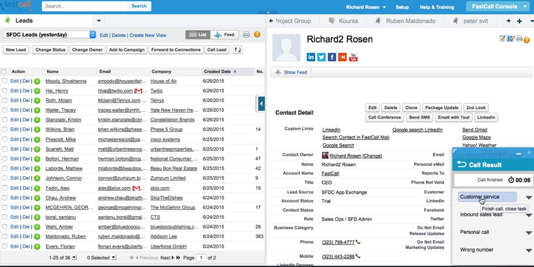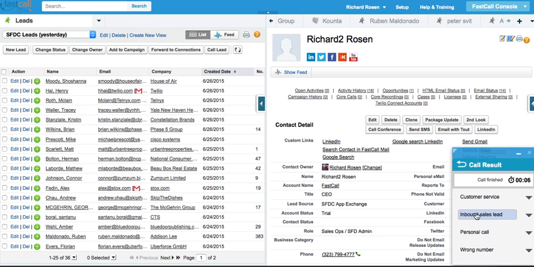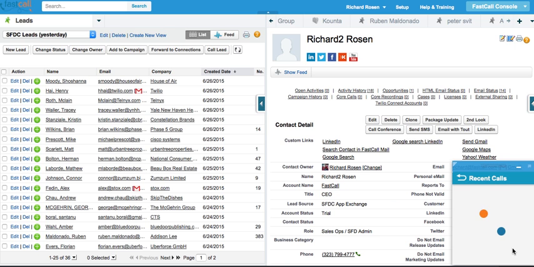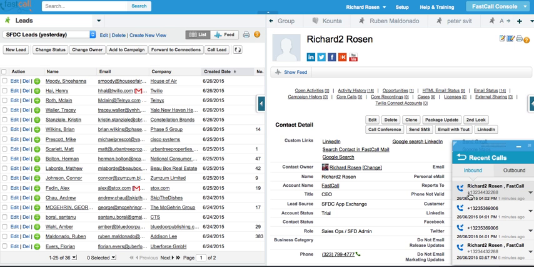So I can say this is a customer service call, inbound sales lead, personal call, wrong number. We'll say that was an inbound sales lead. Now that call is logged. Inside the widget itself, you see this little option here. So all my recent calls are here, all my recent inbound calls are here. If I click on an inbound call,